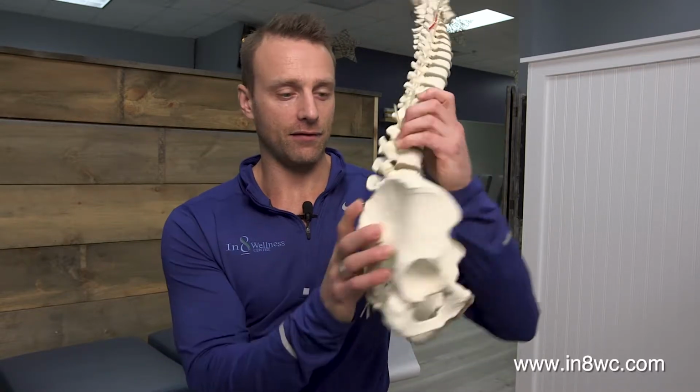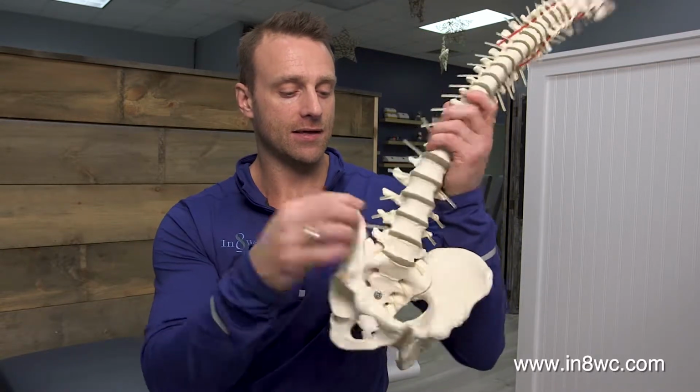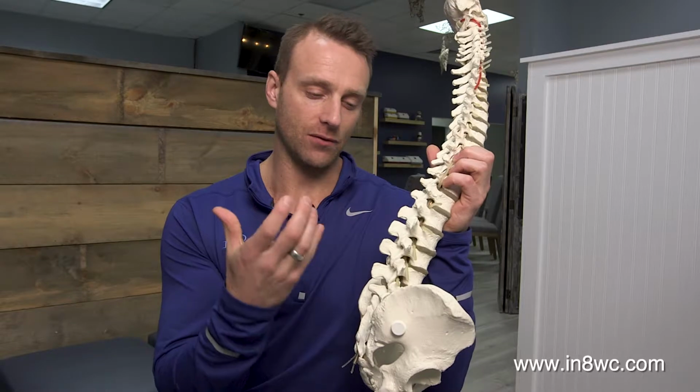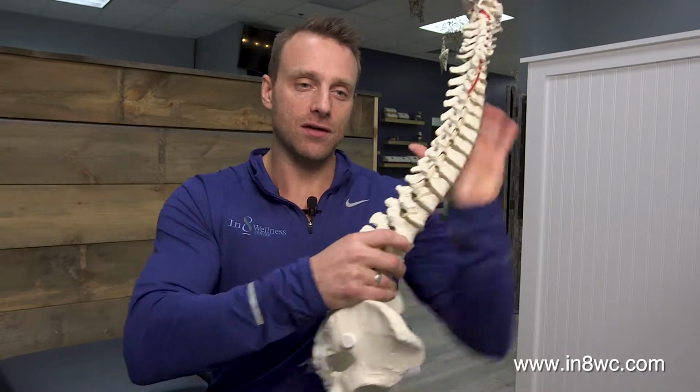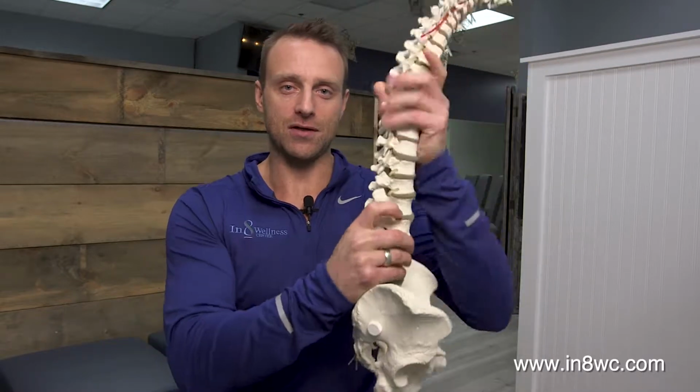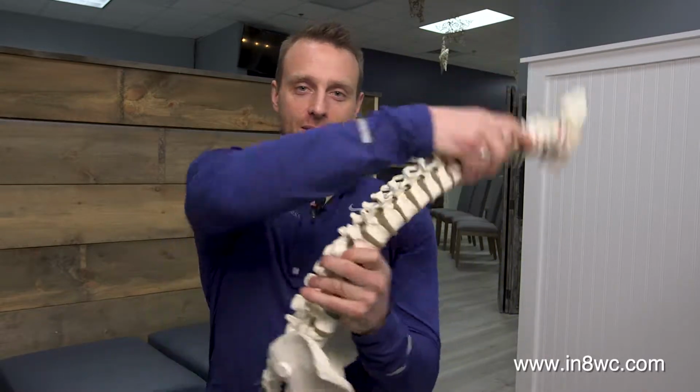Most of the time what's happening is the joints of the lower spine here, and you see this is the pelvis, this is the spine, and then the discs here. Now the joints are back here. The joints, what happens is you end up straining a joint, or spraining a joint. You either from a bending, lifting, twisting injury, or a repetitive injury, too much sitting followed by some heavy deadlifts,